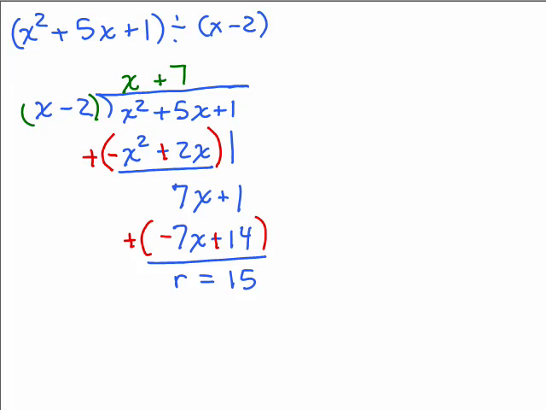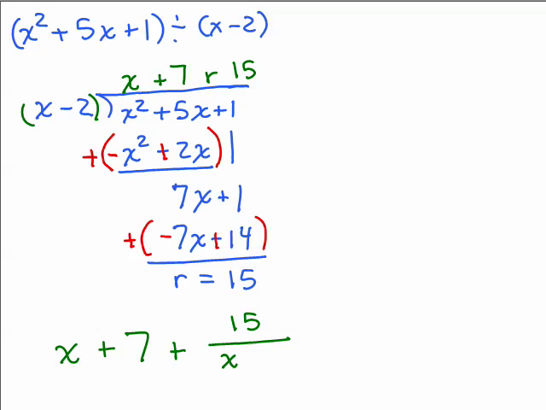All right, so how do we write the answer to this problem? Well, if you want, you could go ahead and write remainder 15 up here. But usually that's not how we write the final answer. We write it as the x plus 7 that we got up on top, plus, and then you write the remainder in the top of the numerator, and in the denominator you write what you divided by, which is